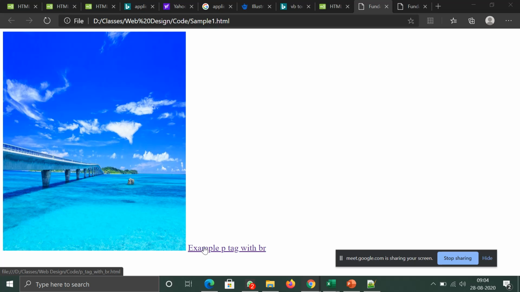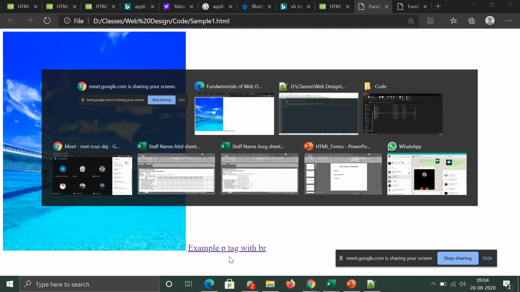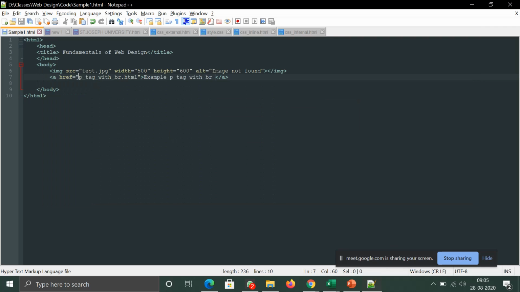You can see in the far down right column, in this place, D colon classes web design. It tells the location where this particular file is located. It has substituted file colon D colon slash classes slash web design slash code. This has been added already. What I have done in this code is just give the location.